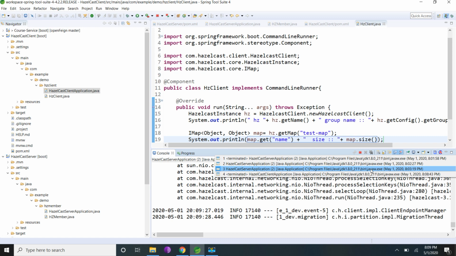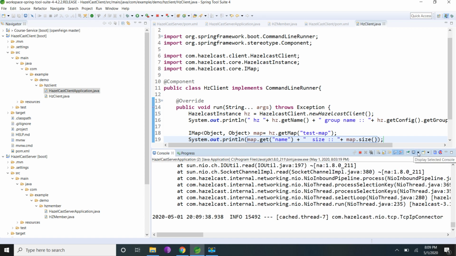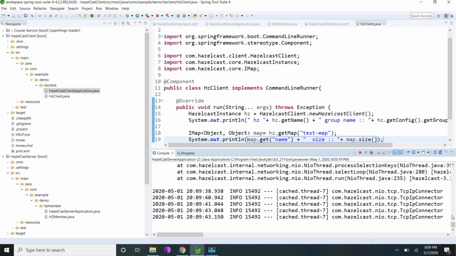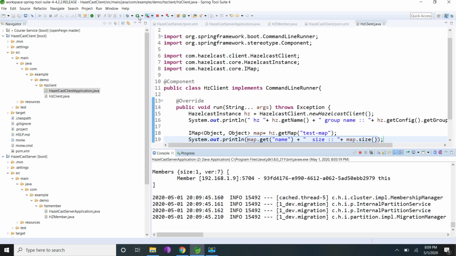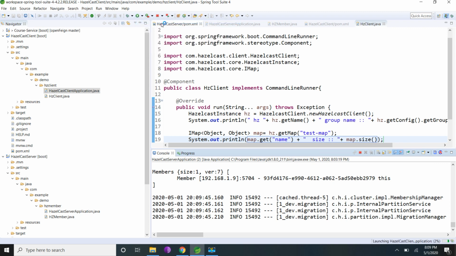Now I have disconnected the client also. I will disconnect one more server. So I have only one Hazelcast server. So I am going to start one more client application.